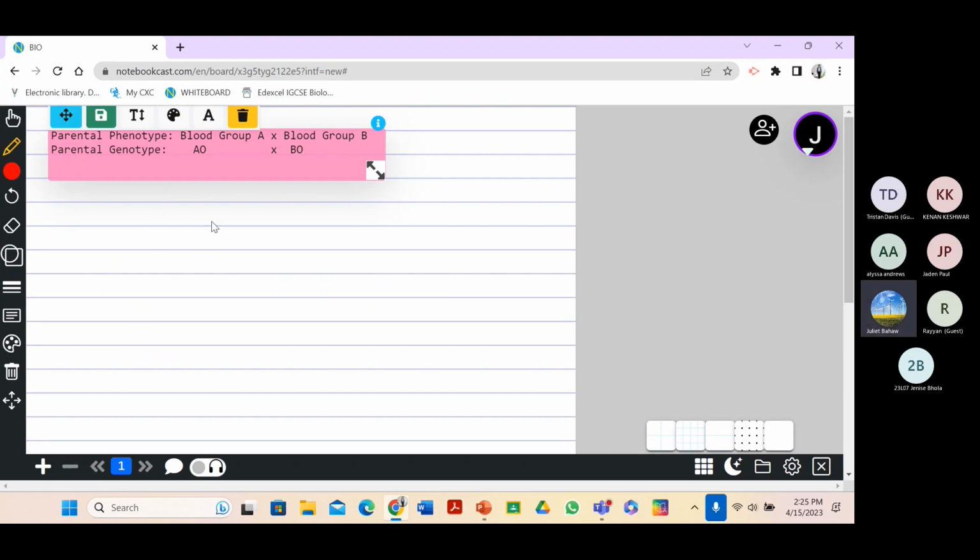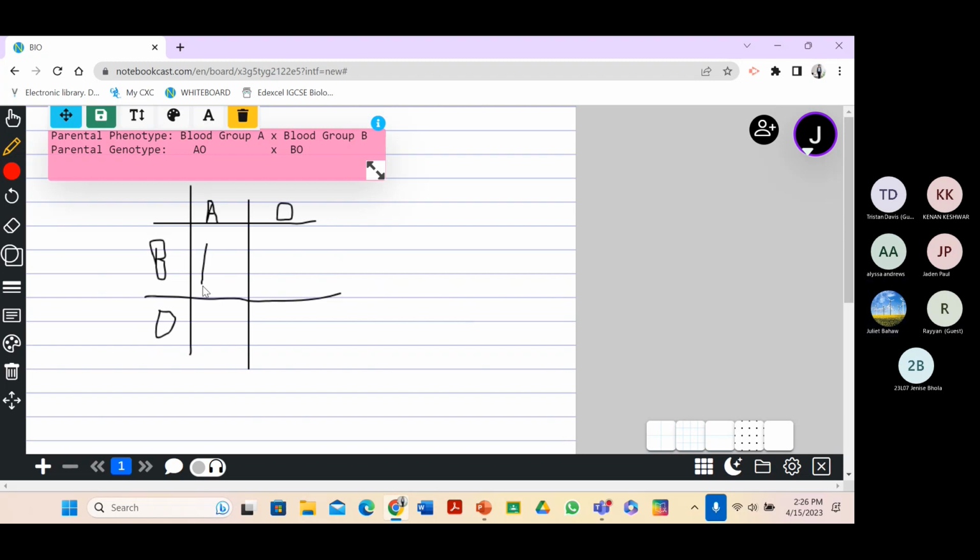Right, so here we have AO, BO. Right, so A crossing with B, so you get blood group AB. A crossing with O. B crossing with O. Don't ever put O in front. So in the event you're crossing and you make an error and you put O,